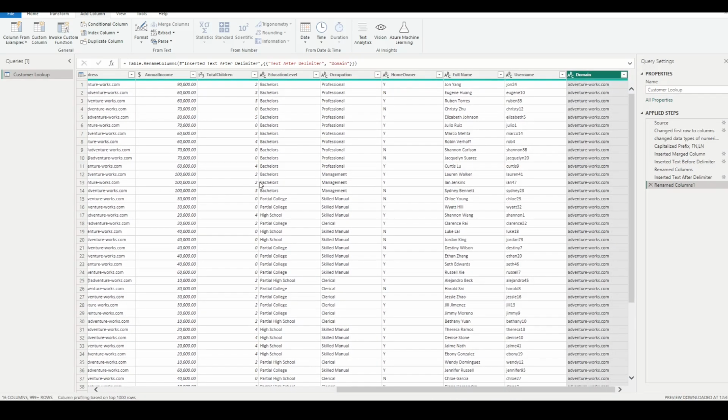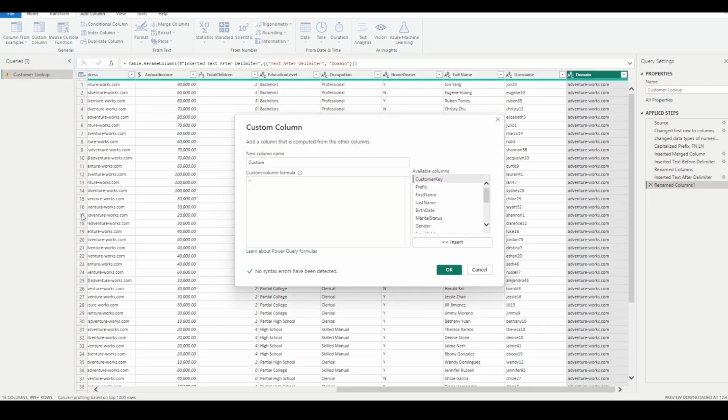Now, in order to do that, we have to use a custom column, right? The moment we click on the custom column, it asks us for the logic. What is the logic that we are trying to implement? So we first give the column name. In this case, let's call it priority. And then what is the logic? The logic says if